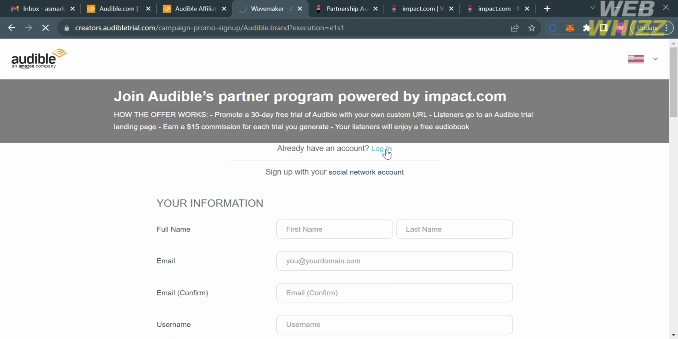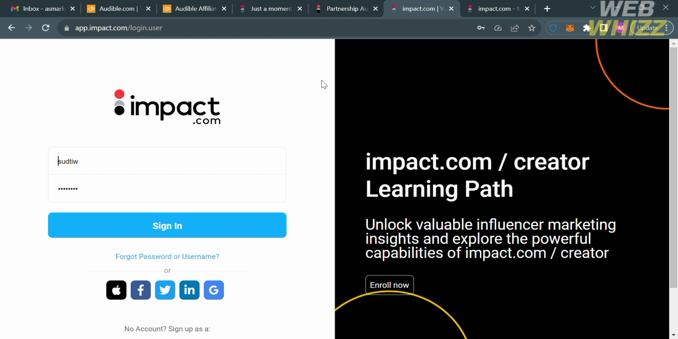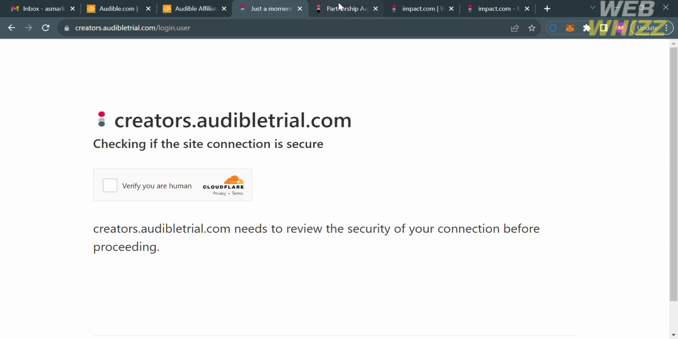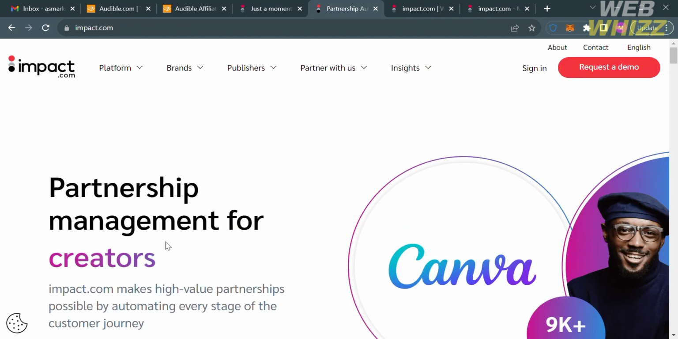By clicking this login button right here, you will be directed to this page. And to sign in from here, just enter your username and your password that you generated earlier. And upon clicking the sign in button, you will be directed to the impact.com platform,